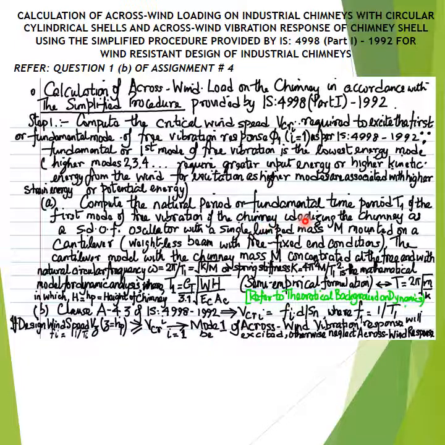The fundamental time period T1 of the first mode of free vibration response of the real chimney, also termed the natural period of the real industrial chimney structure, may either be measured experimentally in the field by performing a vibration analysis of the ambient vibrations of the industrial chimney structures in the field. In the absence of experimental or field data,